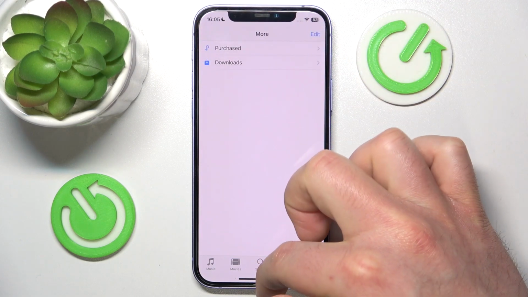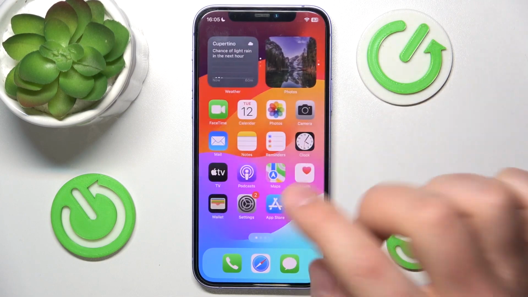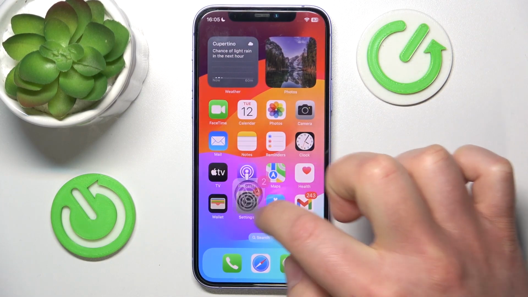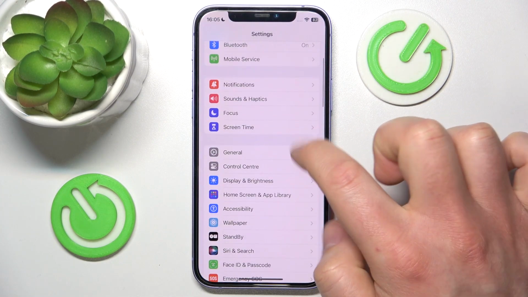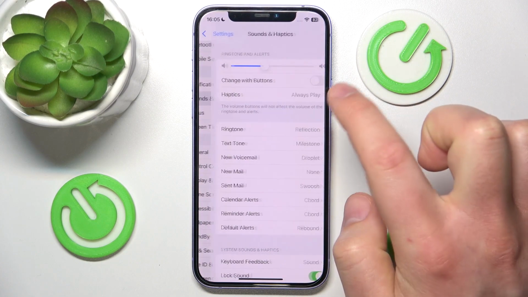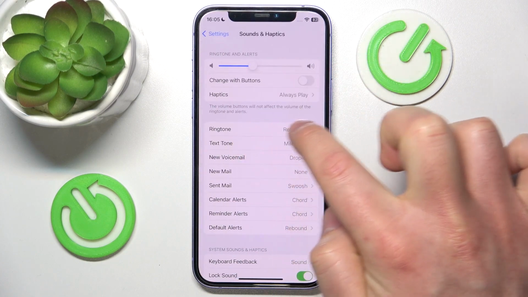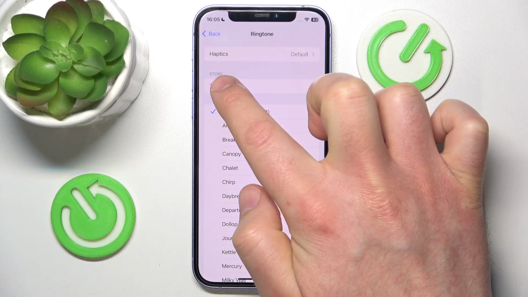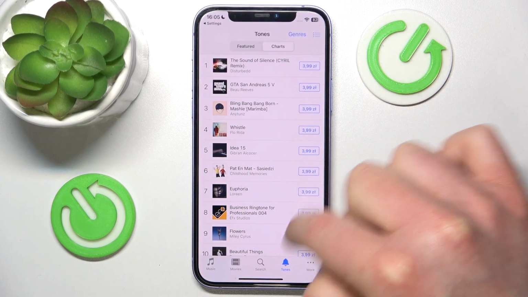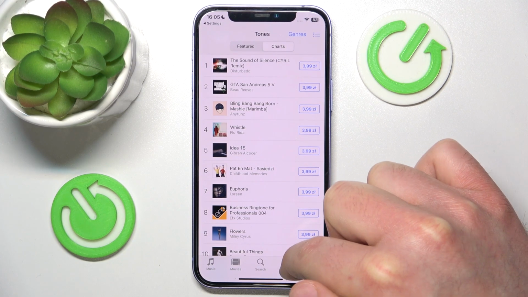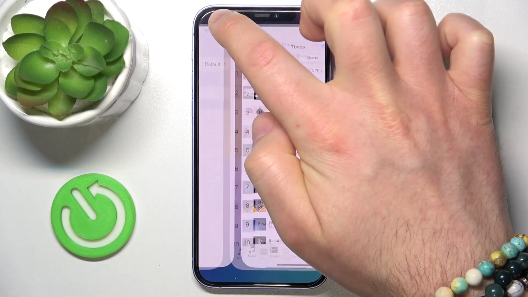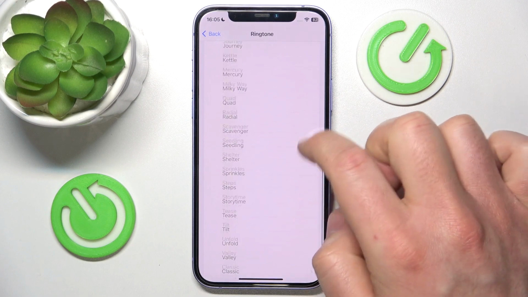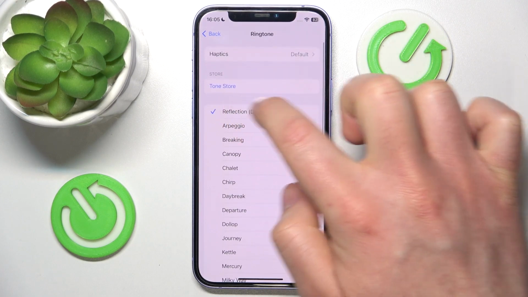your tones right here. Also, the second path is to go to Settings, then go to Sounds and Haptics, and then go to Ringtone, and here you are going to find the Tone Store. This is going to switch you to iTunes and the tones, and after all you're going to find it here. You are going to find the